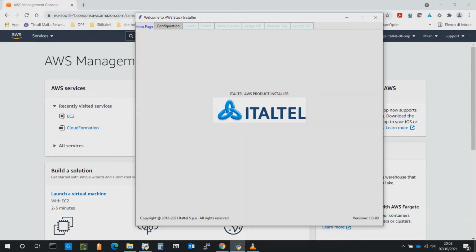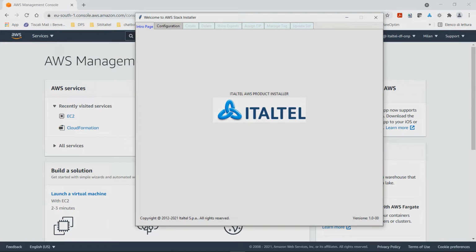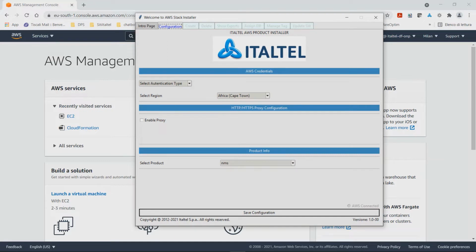Welcome everybody. This session will show you how to install Telco Italtel products on AWS Public Cloud provider by using a few simple commands. As first operation, you have to authenticate to the AWS. And for this reason, you have to own a valid account and an enabled user. You can either type the credentials or directly select a profile,